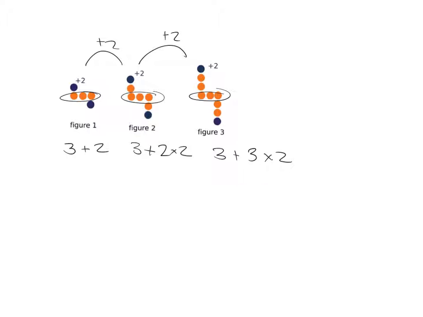So this gives us an easy way to then say, well, what would happen with figure 4? Well, you'd still have the 3 in the center, but now you'd have 4 lots of 2 dots on either side. And in figure 10, you would have the 3 in the center and 10 lots of the 2 dots on either side. And obviously we can